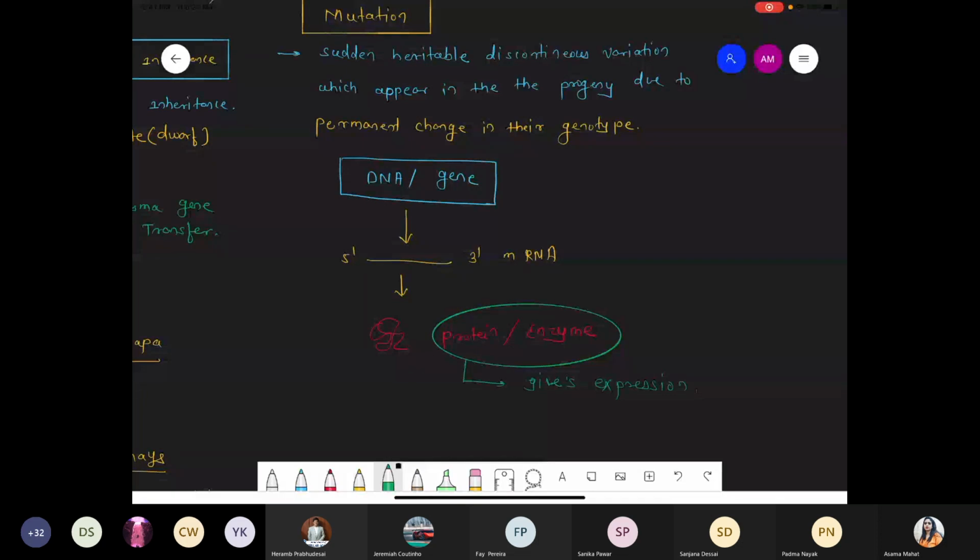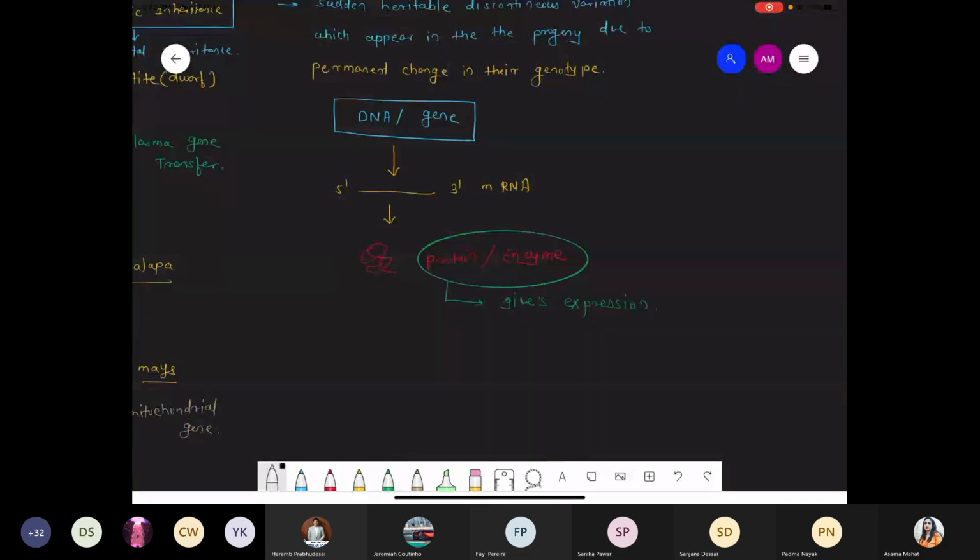But suppose there is any permanent change in DNA, a permanent change in a gene. That time it will produce a faulty messenger RNA. And if that faulty messenger RNA gets expressed, it means they produce a faulty protein or no protein at all. Sometimes protein is not formed. That time also they can create different diseases, different disorders. So in this chapter, we'll try to understand types of mutation, causes of mutation, and some disorders which are related to humans. Okay? So these are the simple definition for the mutation.